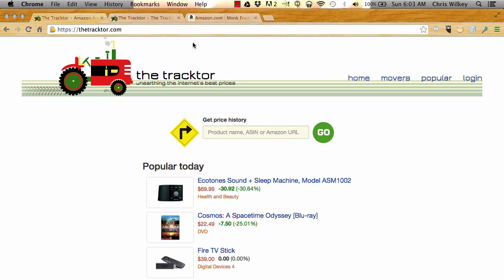But what this site is, is a price tracking site, and it sends you emails when price drops happen. So it's that kind of site. The way it works is usually if you click through their links, get to the page and make a purchase, they will actually give the Tracktor an affiliate portion of the links that are posted. Just much like you'll find on FBAmaster.com, where I'll have those on there, the same kind of thing applies here